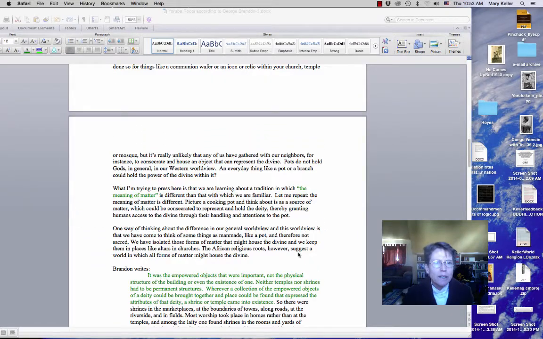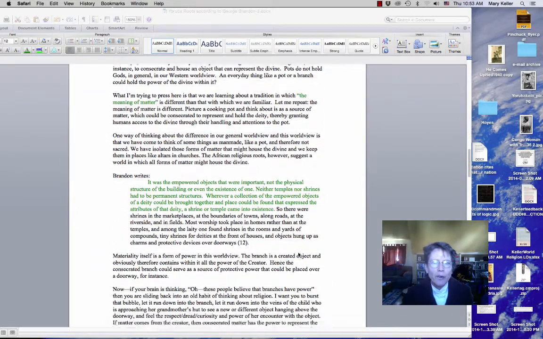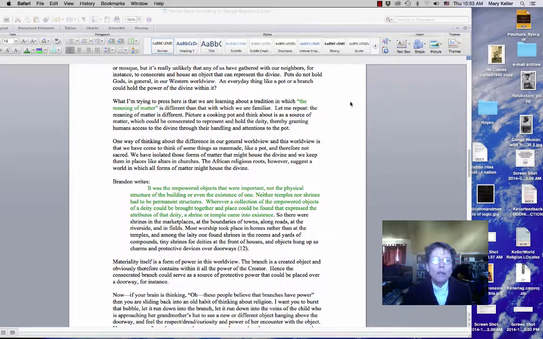So, I argue in here that we are dealing with traditions where the meaning of matter is different. So if in the old African religion, the meaning of matter was different, you could concentrate a bowl to be the home of an orisha. When we understand that matter itself is understood to house ashé, the divine power, and then you think about a people who, through the